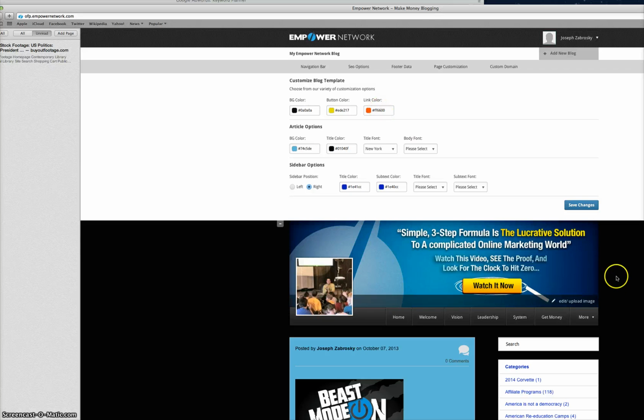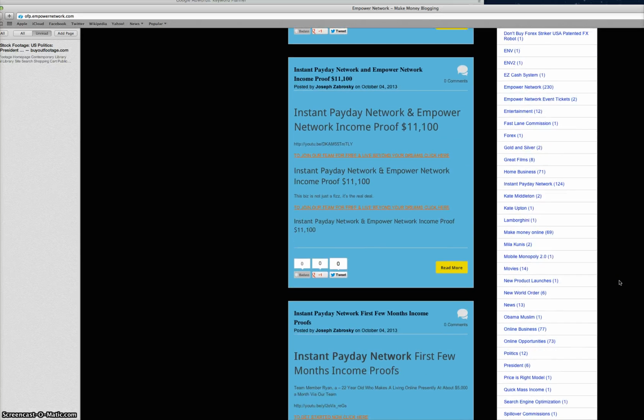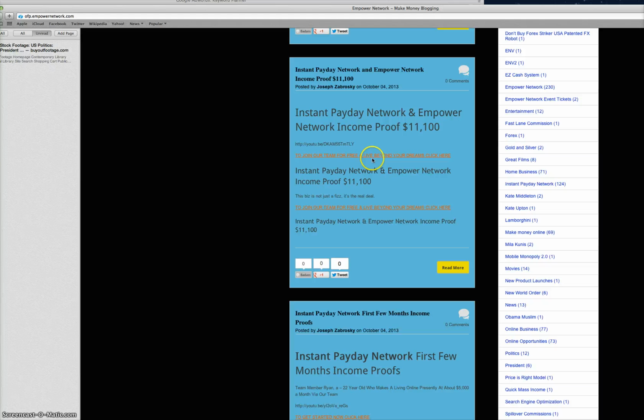Now link color refers to the actual links in your blog post. Now I chose orange because I wanted my links to stand out, because those are the most important things in our blog post. That's what we were trying to get people to click. So I want that to stand out. So I'd recommend